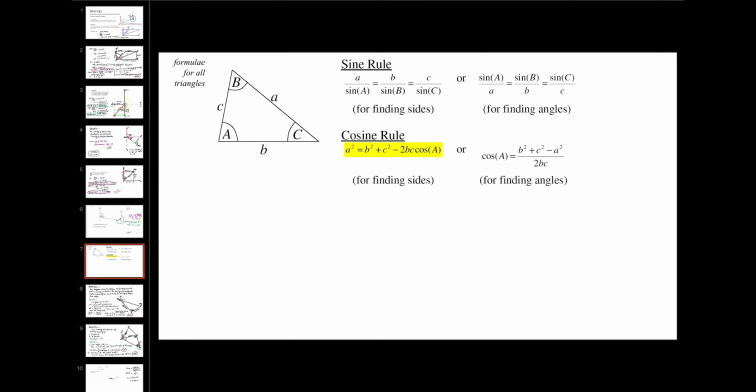Now guys, I will explain when the sine rule is used and when the cosine rule is used. If two angles and one side are known, use the sine rule. But if two sides and the included angle or all three sides of a triangle are known, use the cosine rule. Their rules are shown in the diagram.